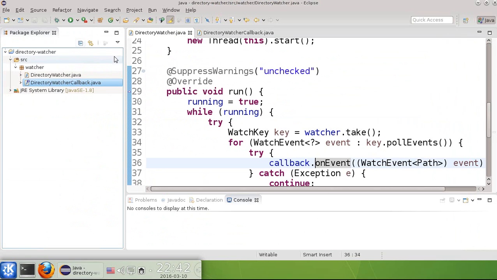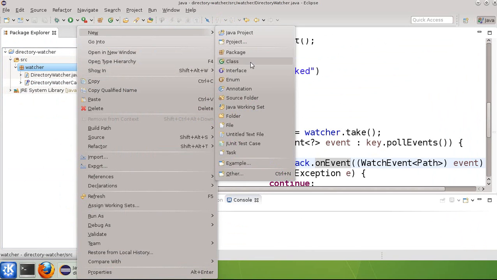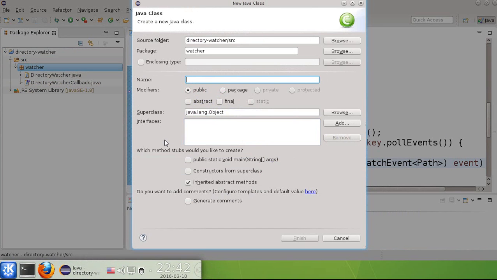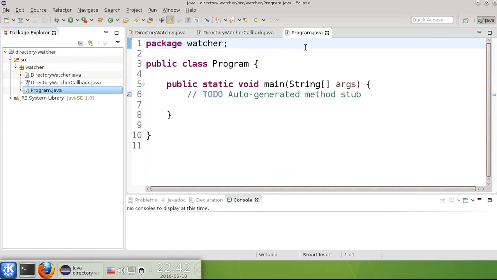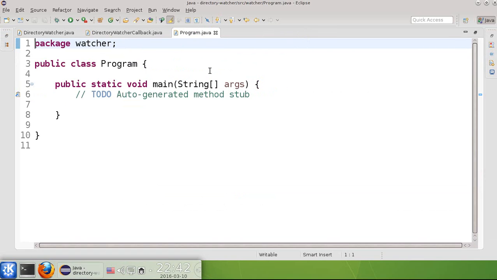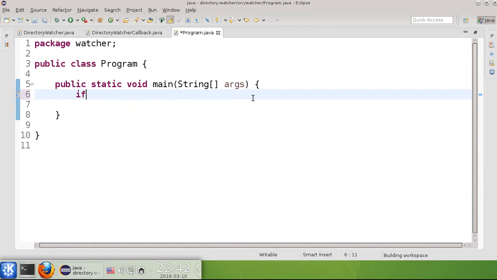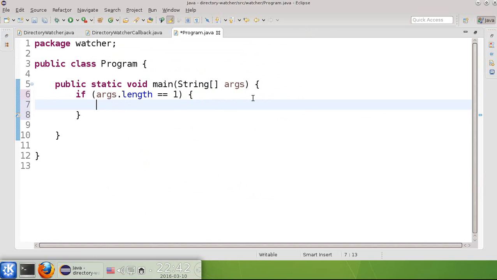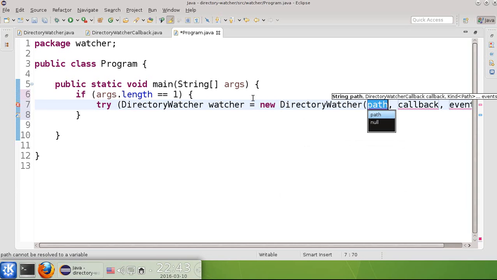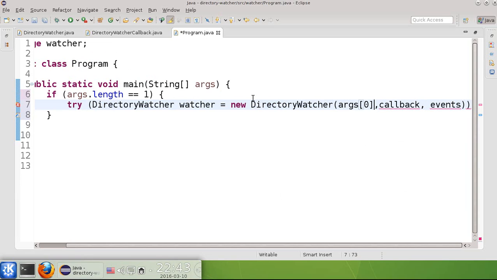And now let's just create a console to demonstrate that. So let's just go in here and create a new program which will be our console and will contain the main. In here, in our program, I'd like to check if I have one argument. So if the arguments.length is equal to 1, then this will be the path. What I need to do here would be to create a directory watcher, which will be my watcher in this case. I'm creating the directory watcher with the arguments, the only argument I have, and I will have to pass